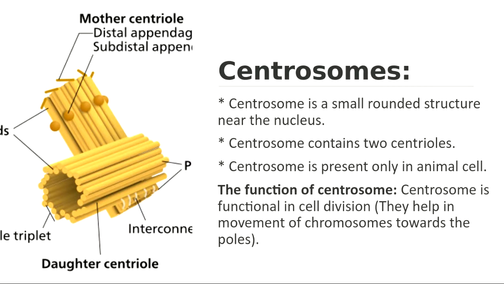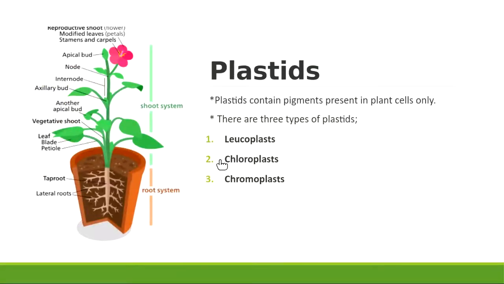So in here you can see there are three main types of plastids. One is the leucoplast, another is the chloroplast, and the third one is the chromoplast. In this picture you can observe these three types of plastids inside various parts of the plant. This is the white part of the plant under the soil, known as the roots, and these roots contain the leucoplast. That's why it doesn't have any color.